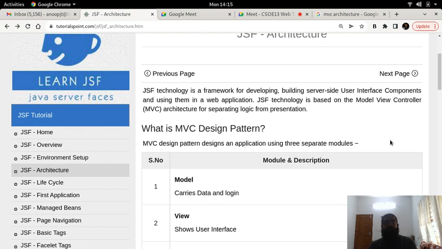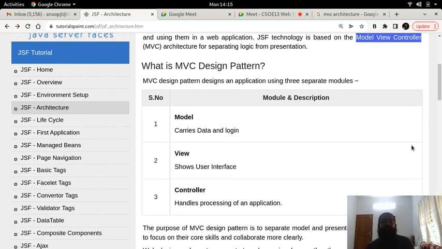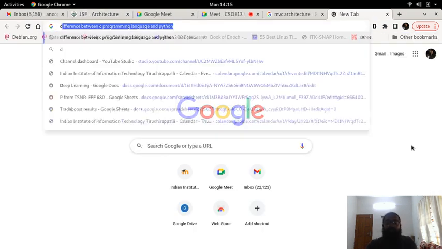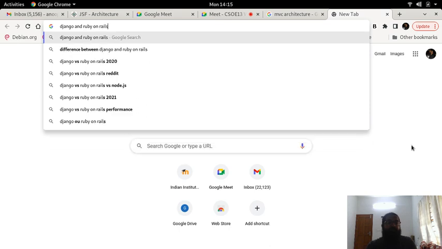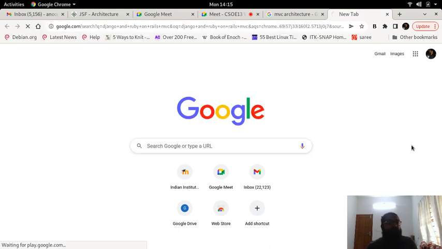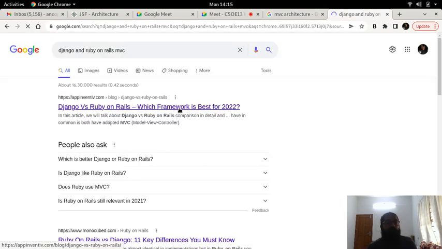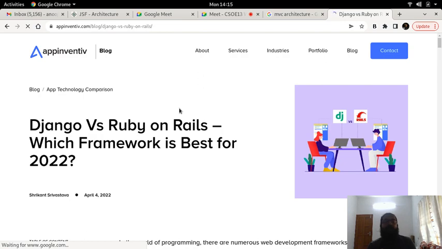Okay, so the JSF technology is based on the model view controller. The model view controller is something that we have already come across. Say for example, Django and Ruby on Rails are both MVC architectures, and then there are different applications like that.